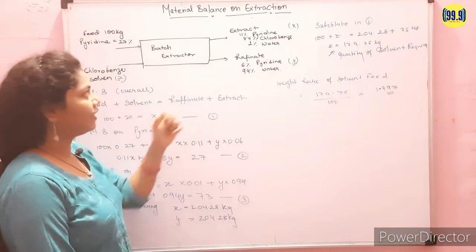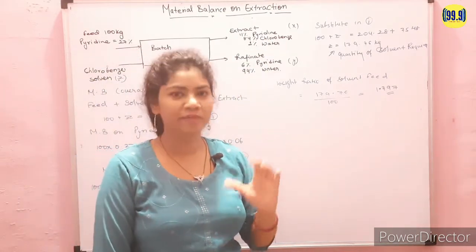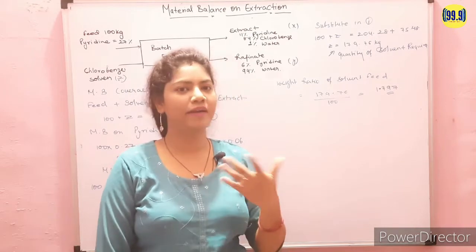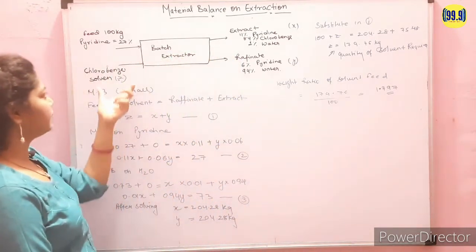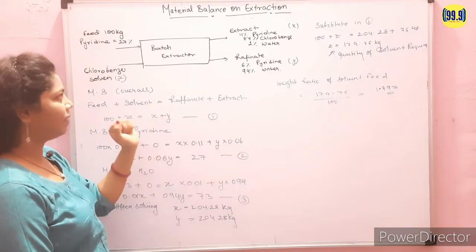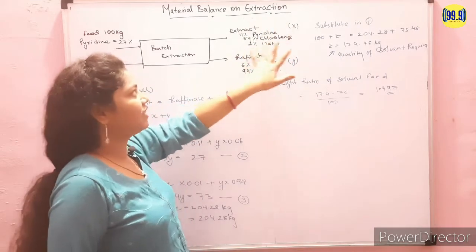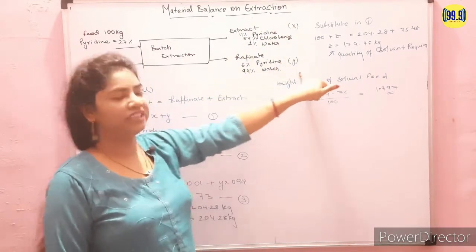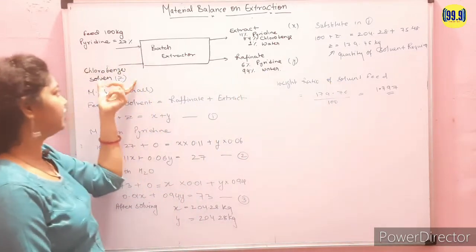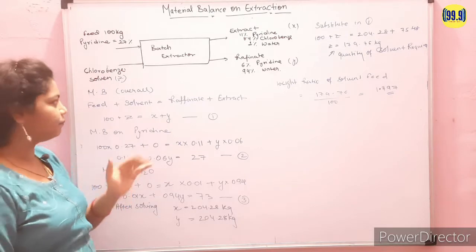फर्स्ट पार्ट में हमें क्या निकालना है, एक्सट्रैक्ट फेस और रेफिनेट फेस बताना है। तो एक्सट्रैक्ट फेस और रेफिनेट फेस कैसे निकलेगा, सिंपली हम मटेरियल बैलेंस अप्लाई करेंगे, ठीक है। तो सबसे पहले ओवरऑल मटेरियल बैलेंस अप्लाई करने से पहले ये देख लेते हैं, हम असूम कर लेते हैं कि जो एक्सट्रैक्ट फेस में क्वांटिटी है वो x से रिप्रेजेंट कर रहे हैं, जो रेफिनेट फेस में है वो y से रिप्रेजेंट कर रहे हैं, और जितनी क्वांटिटी हमें सॉल्वेंट की रिक्वायर्ड है वो हम z से रिप्रेजेंट कर रहे हैं।